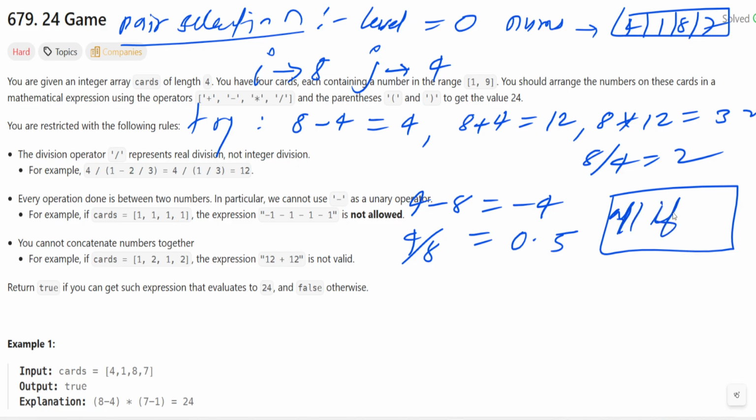If all are valid, we can say, if all are valid, right? So when we try i and j, 8 and 4, if we try all the operations, minus on these two, these are the chances that these are maybe valid. If all are valid, these are the values, right? Let's take